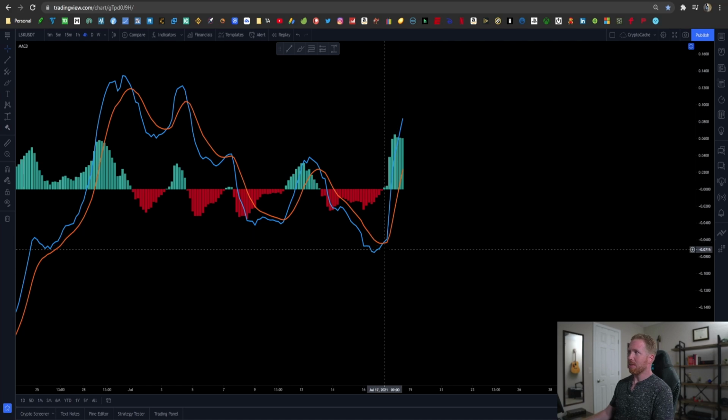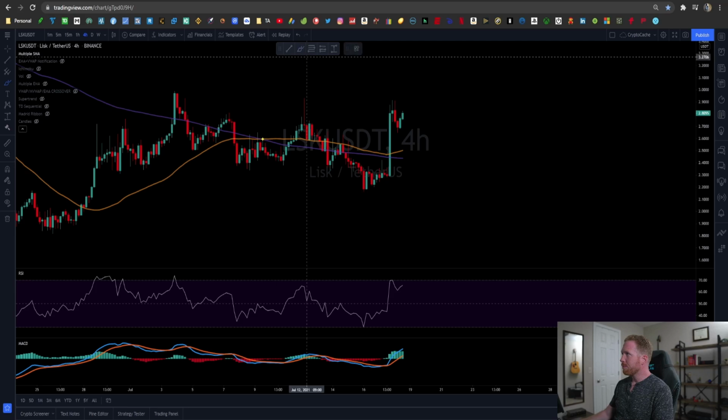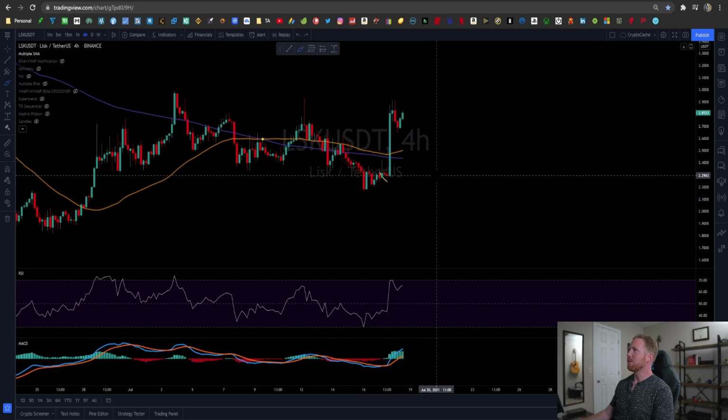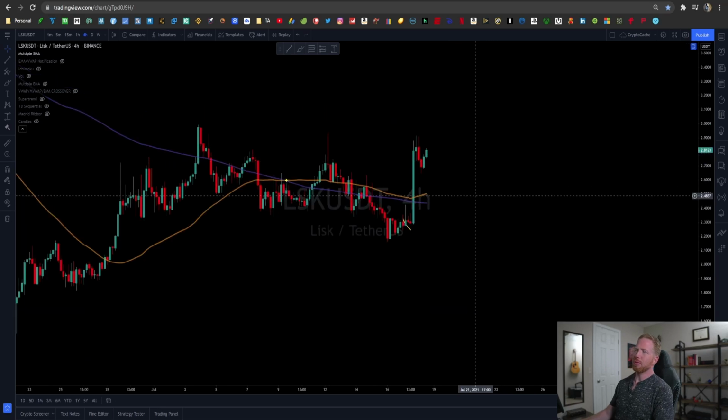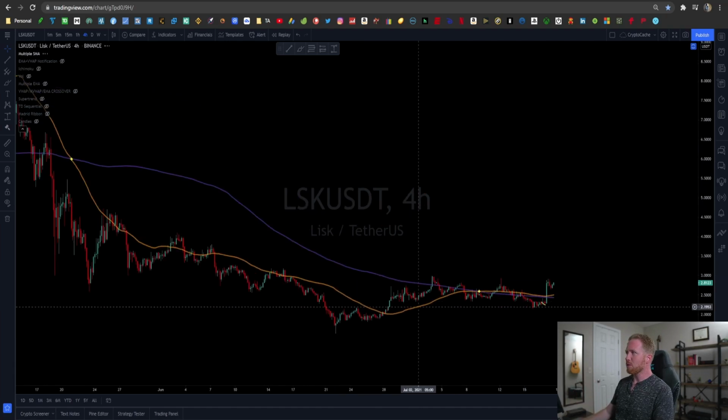And the MACD obviously had a convergence back here where we identified. And I'm going to go ahead and mark it just so we can see the correlation between that and the cloud. Okay, so that's what we're looking at for the 4-hour chart. Pretty standard stuff. I would say in general, LSK is looking bullish for obvious reasons, because if we look back